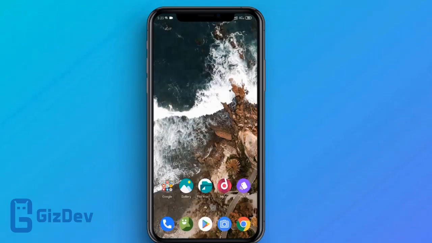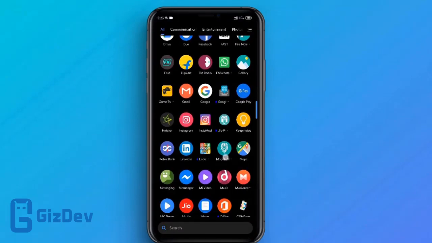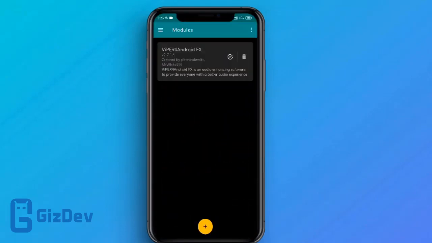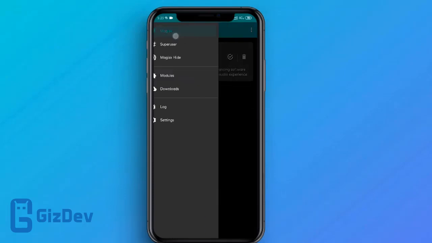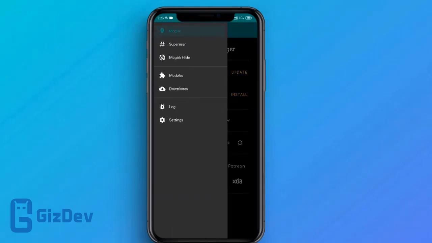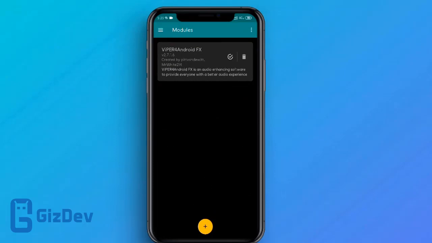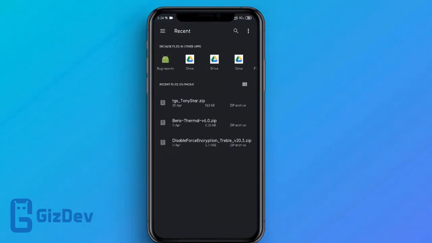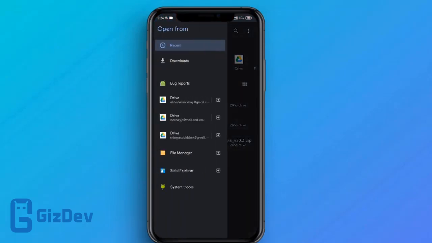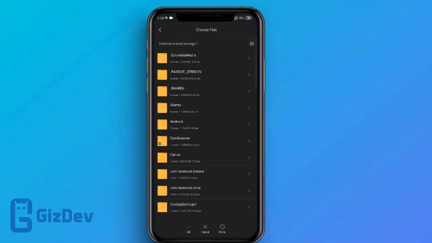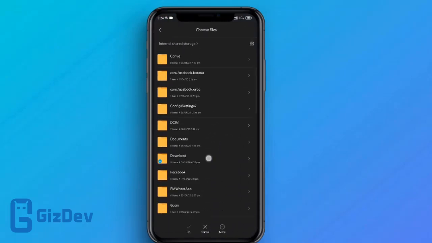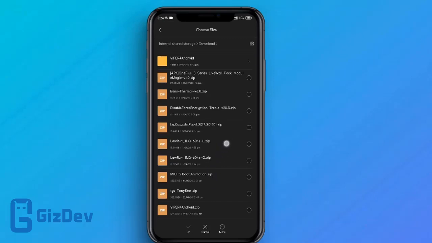So now to install the zip file we need the MAGISK manager. Remember, your mobile should be rooted and you should have the MAGISK manager installed. Then go to menu and then go to modules, then click on the plus sign icon and browse for the file which you have downloaded already, that is the MIUI 12 boot animation zip file. Select the zip file,